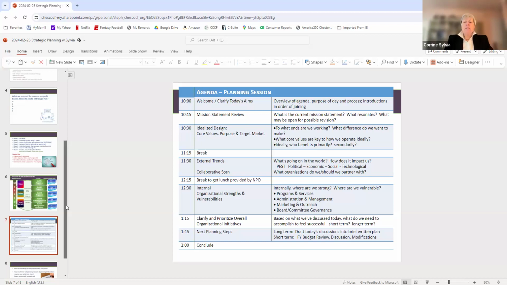The collaborative scan. What organizations do you work with now? You might want to take a look at what organizations you should be working with in the future. Who do you want to partner with? Oftentimes you will hear foundations say, who are your collaborators? How are you working cooperatively with other organizations? And the reason for that is oftentimes